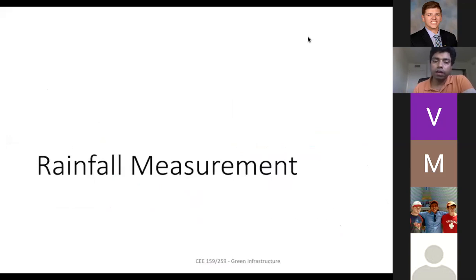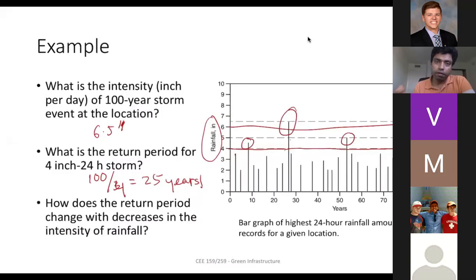So that's it in terms of how you can calculate rainfall intensity on average. The rest of the slides I'll record and share with the class. But before we